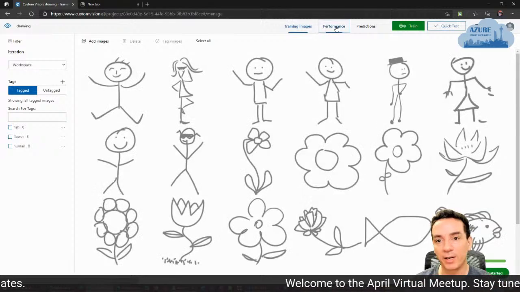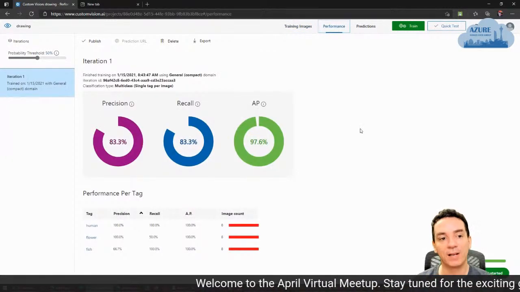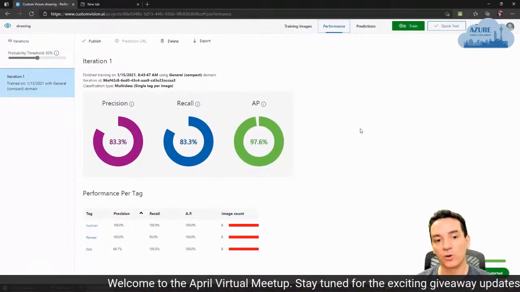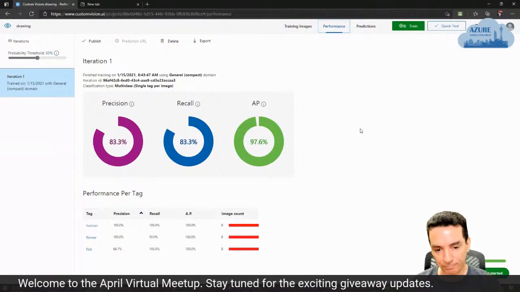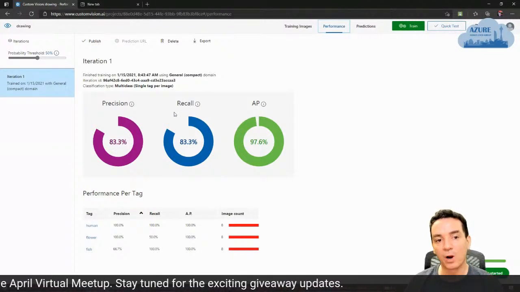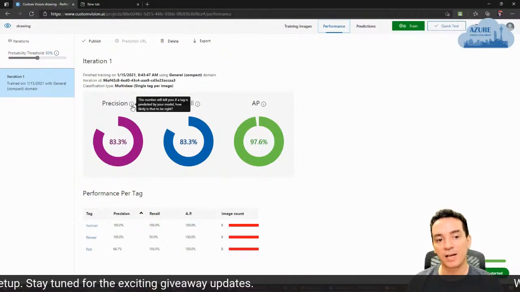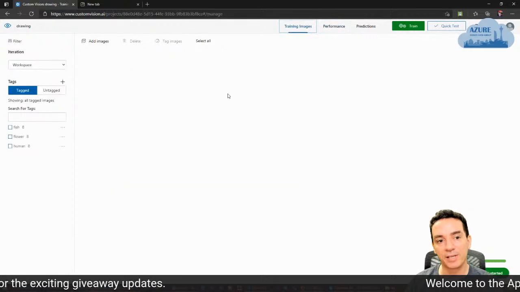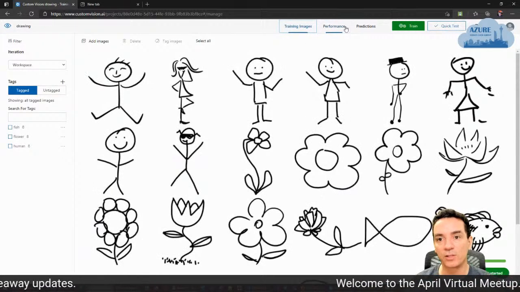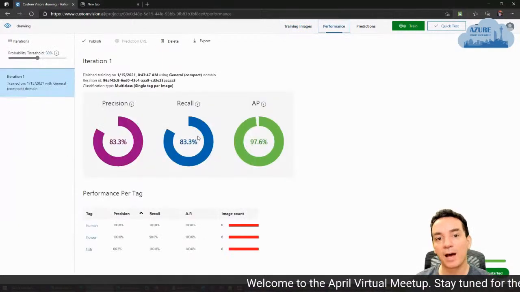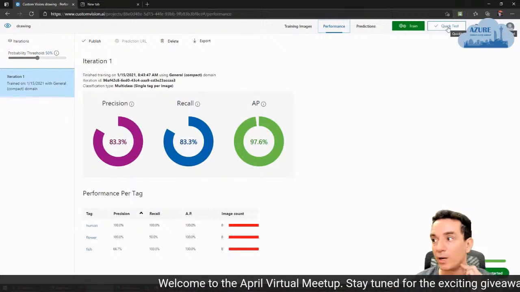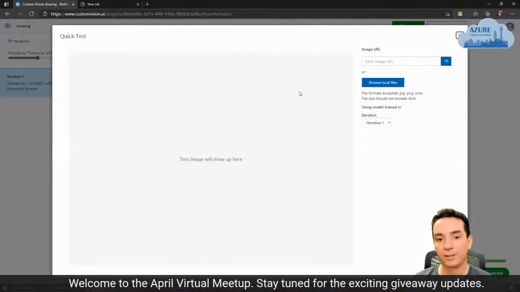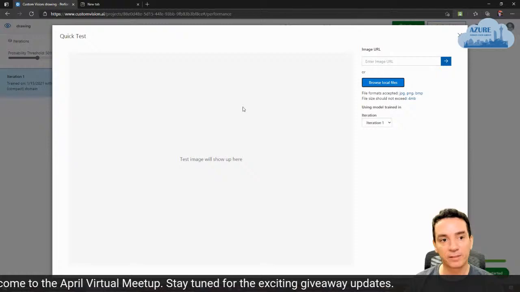When you have the model trained, what you will have is something like this, where you have your images and your output on your precision. So we can see that after I train my model with the same set of images, I can test this. I can go quickly to test. I can upload a couple of files.